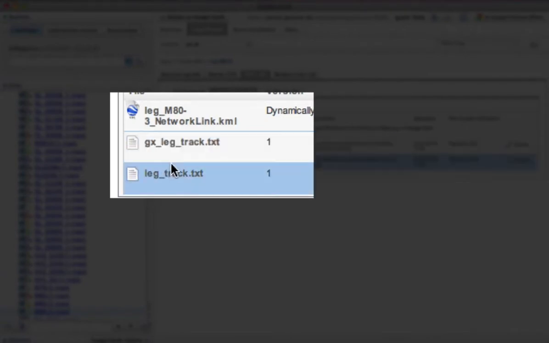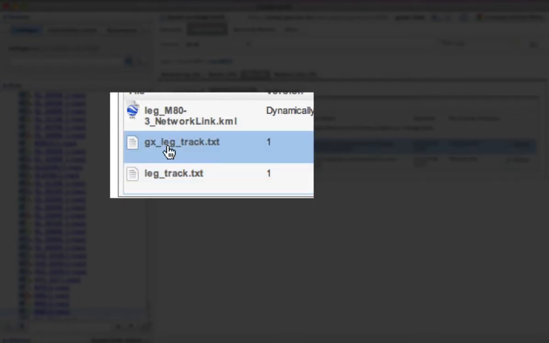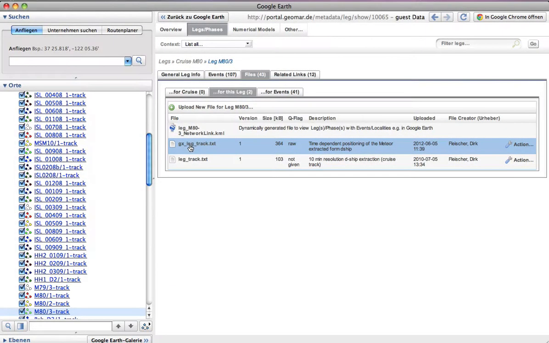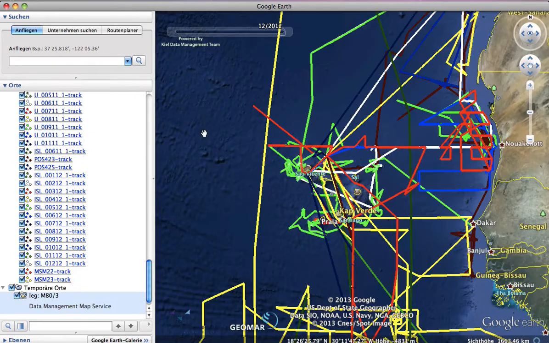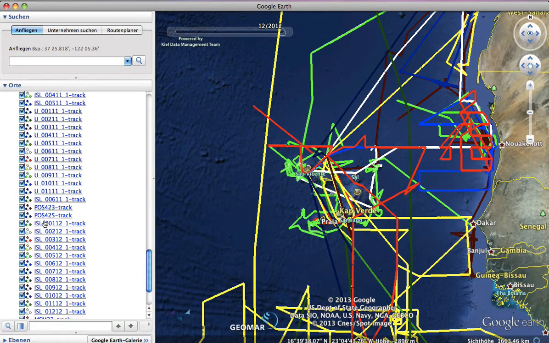What I uploaded to the information system is actually the 10-minute resolution cruise track in the OGC standard format: longitude, latitude, and depth, or altitude. And I also used the new GX track from Google to have time animated information. So I can download the network link for M83, which is refreshed down here,